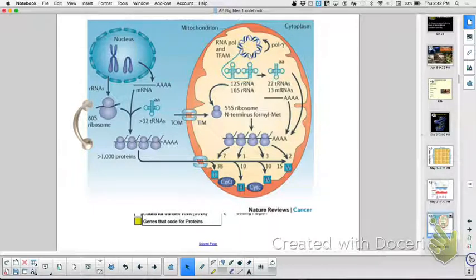Okay, and some of that DNA is going to be transcribed into a ribosome. And it's showing you the size of the ribosomes. And then it's showing that from that mRNA connecting with a ribosome, and then we also have tRNAs that are transcribed. And then together they work to build a protein. And then you're looking at some of these proteins. The DNA right here is coding for some of the proteins.